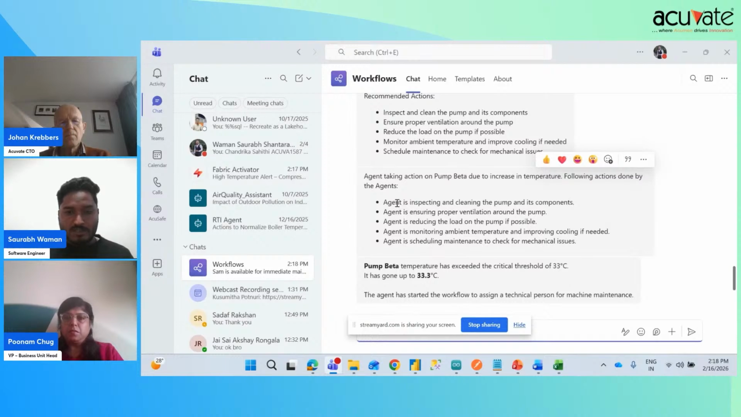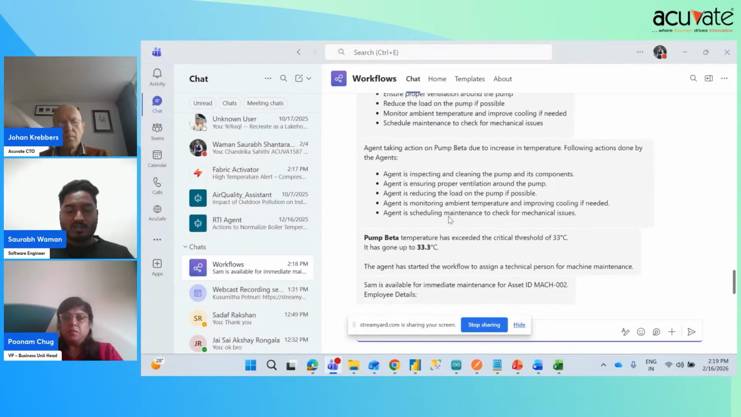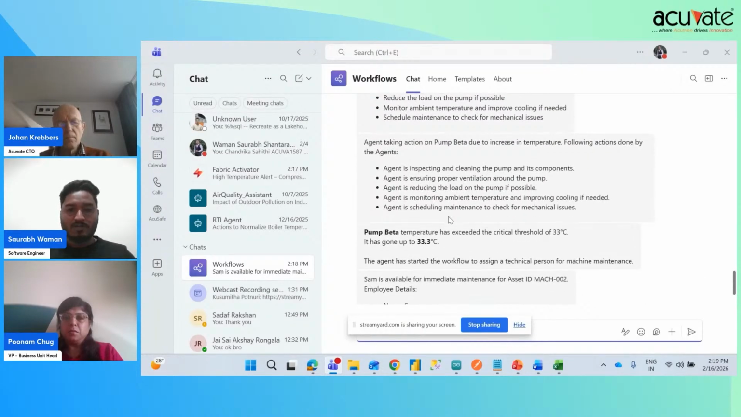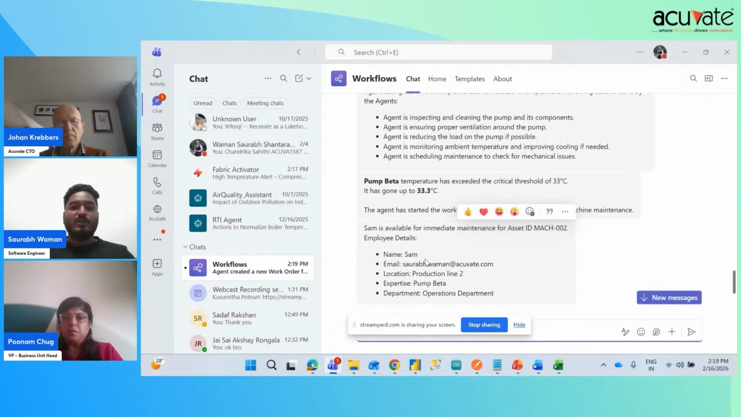The agent is automatically inspecting and cleaning the pump. The agent is ensuring proper ventilation for that particular pump, and then it will again check whether the pump temperature is increasing or not. So it's saying the pump temperature has increased up to 33 degrees Celsius, and then it will find out